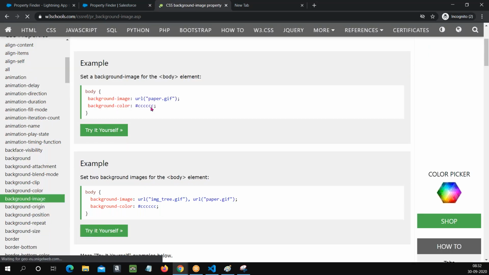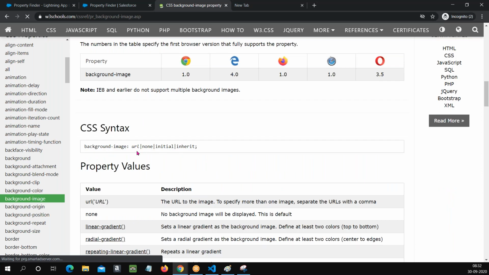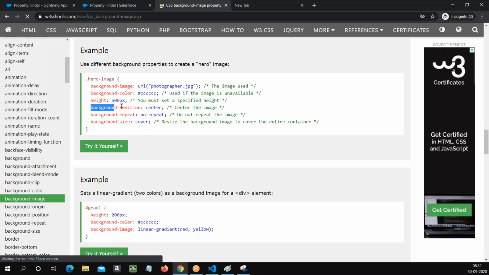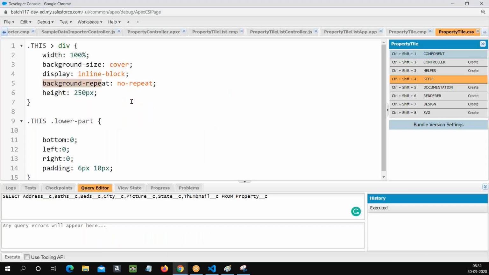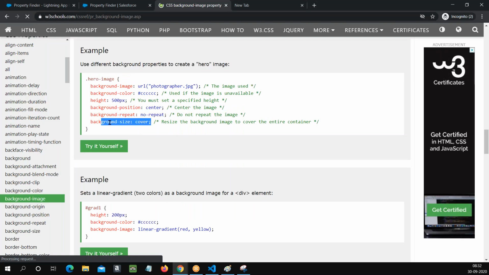We need to work on the image property. Image color. Okay, color we no need. What else? Yeah. Center the image, position center, and repeat. Do not repeat the image, right? And these things I'm going to use. Center the image. We use this